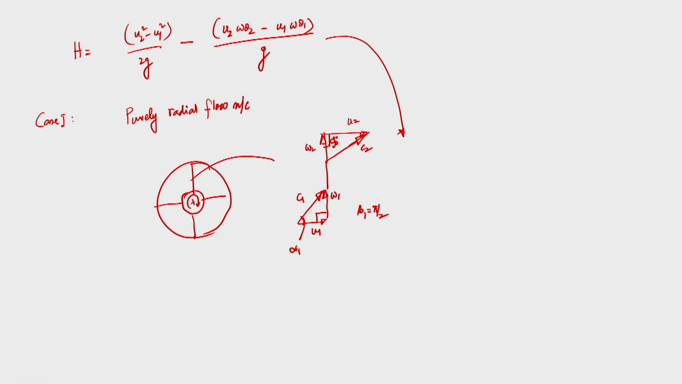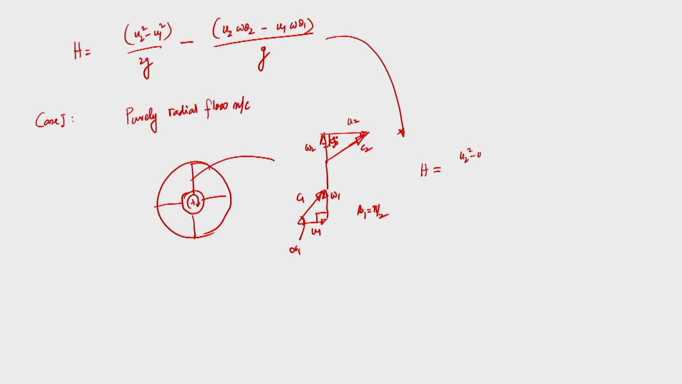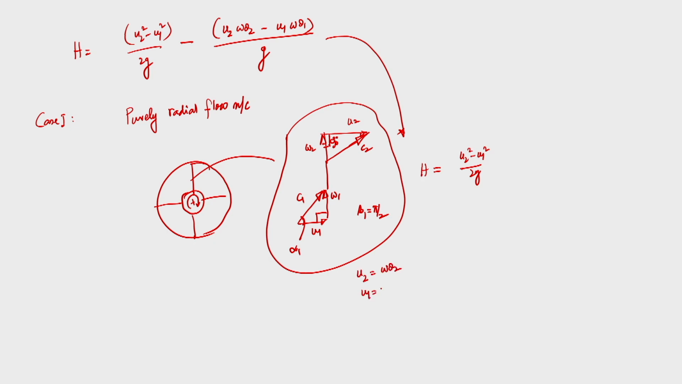being developed by a purely radial flow machine using the Euler equation, then I can obtain H is equal to (u2 square minus u1 square) divided by 2g, and note that for this particular case, from the inlet and outlet velocity triangles, u2 itself is equal to w theta 2 and u1 is equal to w theta 1. Then the remaining part, (u2 into u2 minus u1 into u1) divided by g. So, that is u2 square minus u1 square by 2g,